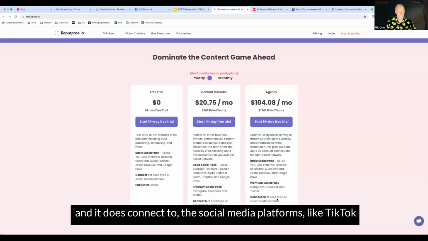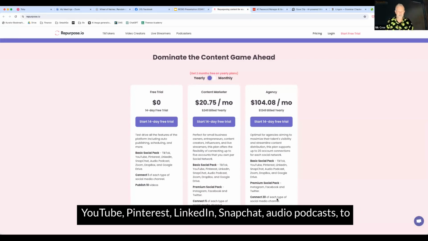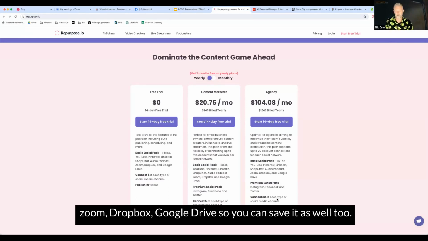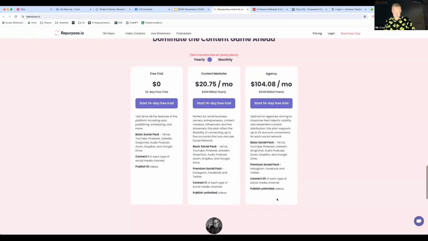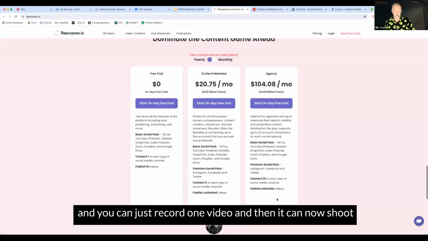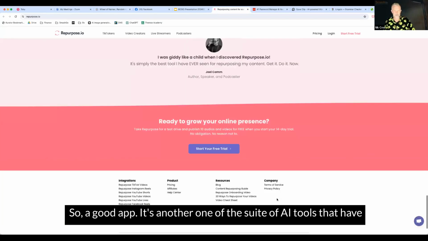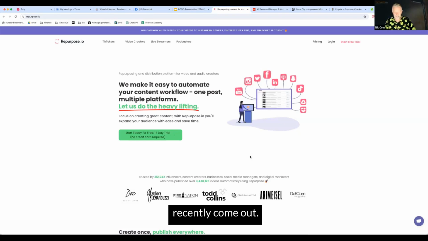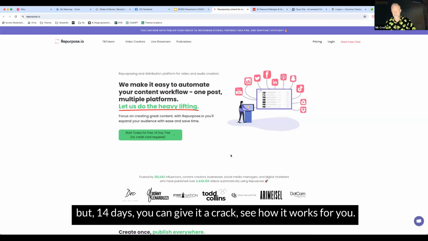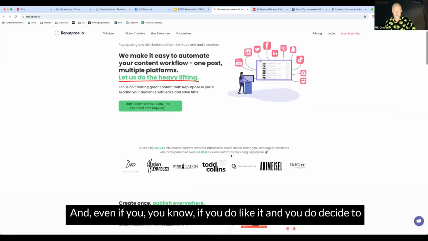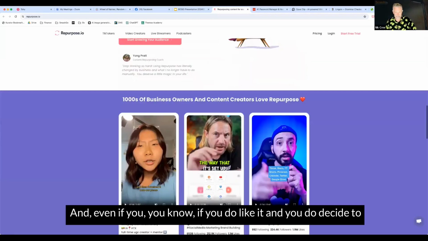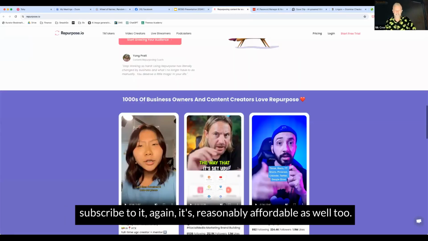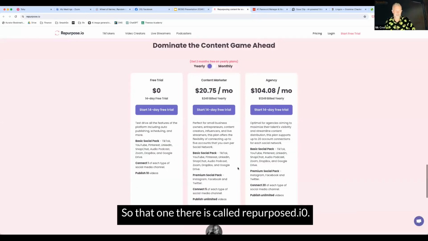This particular platform does have a 14-day free trial to be able to check it out, and it does connect to the social media platforms like TikTok, YouTube, Pinterest, LinkedIn, Snapchat, audio podcast, Zoom, Dropbox, Google Drive, so you can save it as well, and you can just record one video and then it can shoot out from there. So a good app. It's another one of the suite of AI tools that have recently come out. But 14 days, you can give it a crack, see how it works for you. And even if you do like it and you do decide to subscribe to it, again, it's reasonably affordable as well. So that one there is called